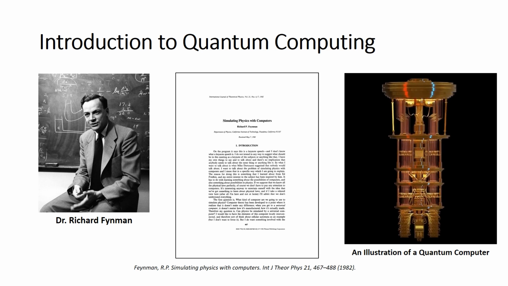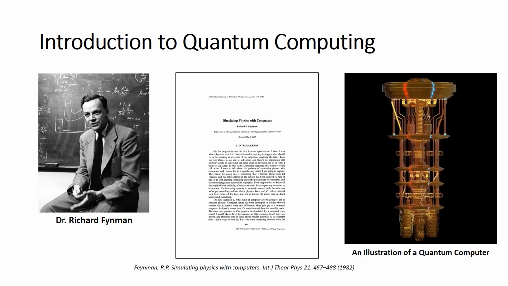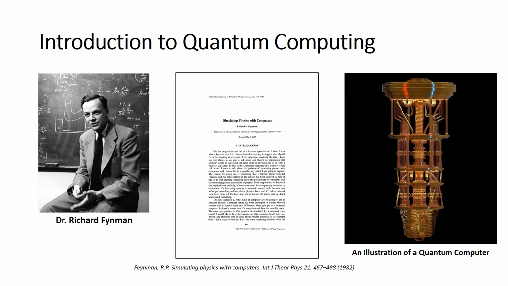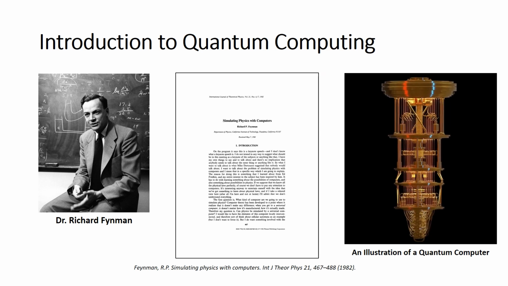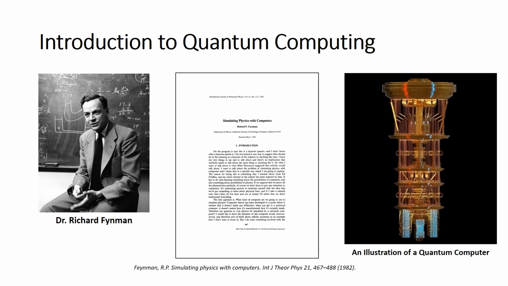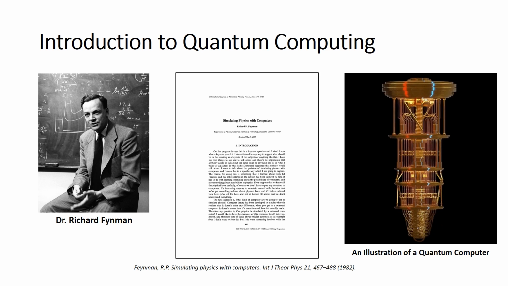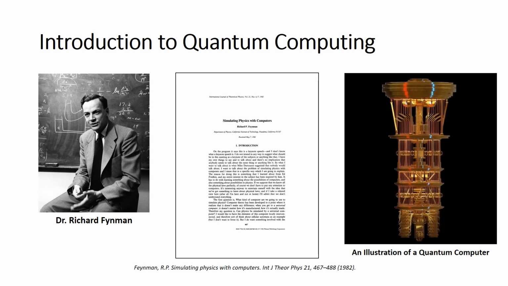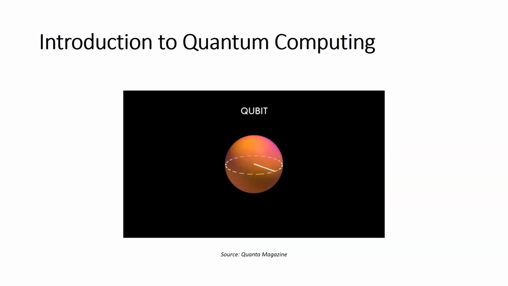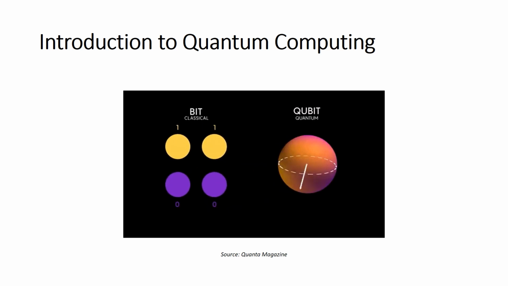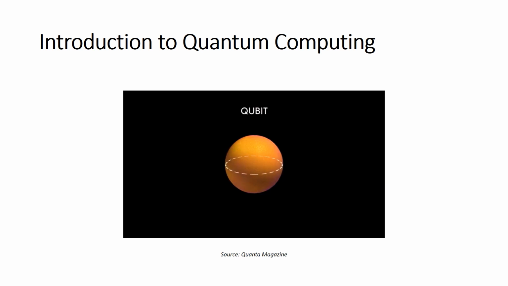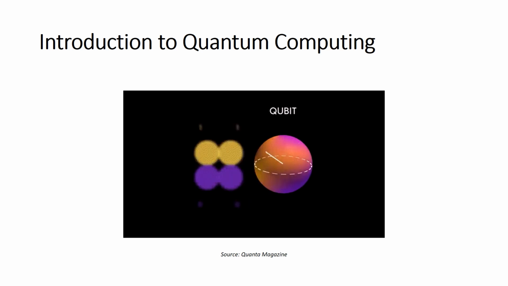Now just have a look at the illustration of a quantum computer. Unlike classical computers, quantum computers harness the extraordinary properties of quantum mechanics, such as superposition and entanglement, to perform computations that were once considered impossible. This is just the beginning of our exploration. As we dive deeper into the quantum computing universe, it's crucial to understand the fundamental difference between classical and quantum computers. Here, you're witnessing a brief video that exemplifies this contrast.